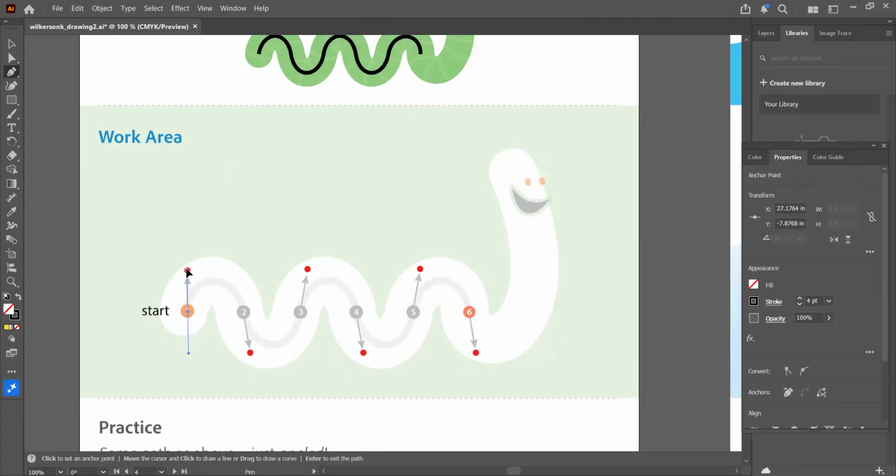So now I am clicking, I'm releasing the button, coming over to 2, clicking on it and dragging to the red dot. Okay. All right. And then I release that button. And so when you drag to create a curve with the pen tool, you're creating a leading direction line and a trailing direction line. Okay. So we're going to be focusing a lot of our time on the section behind the anchor point, as you can kind of see. So now I'm coming up to 3, clicking on it, dragging up to 4,